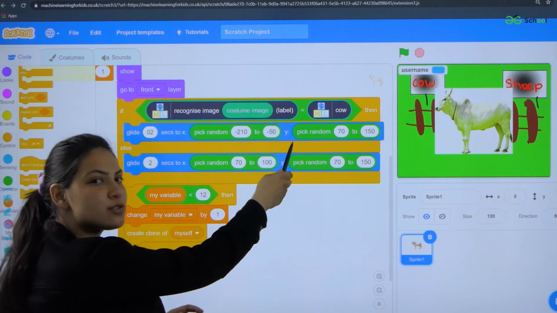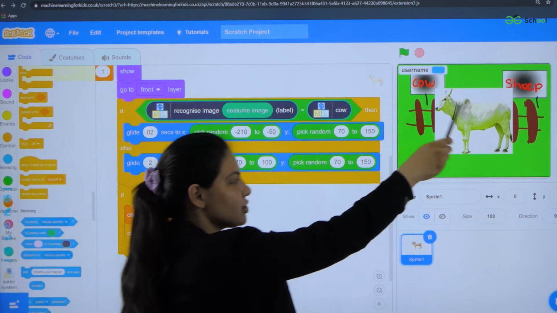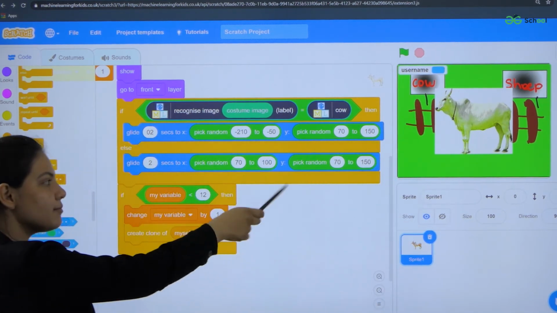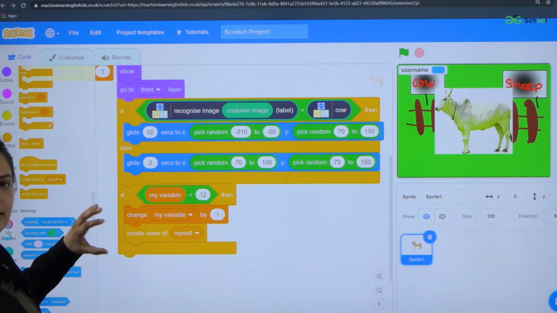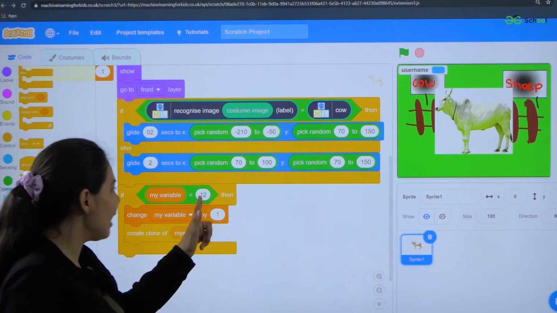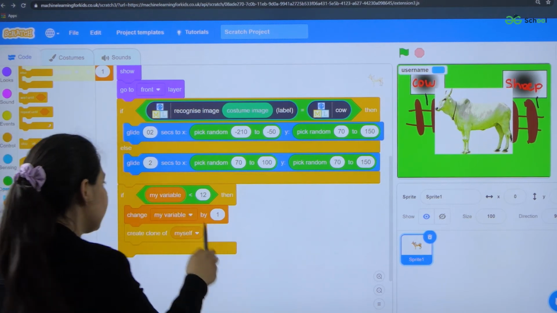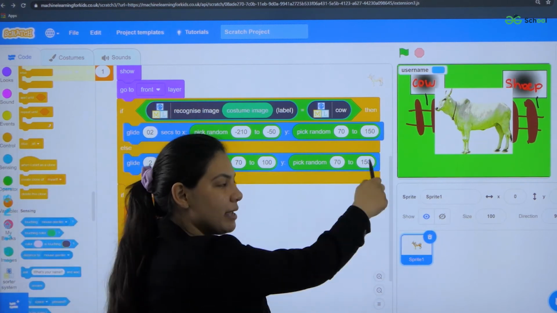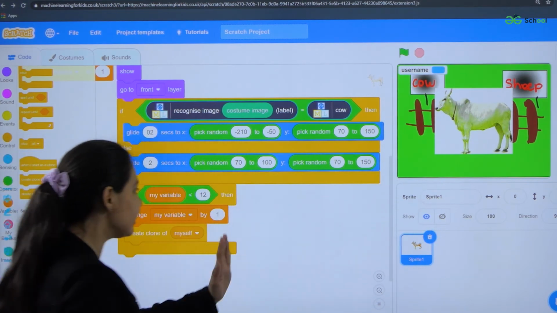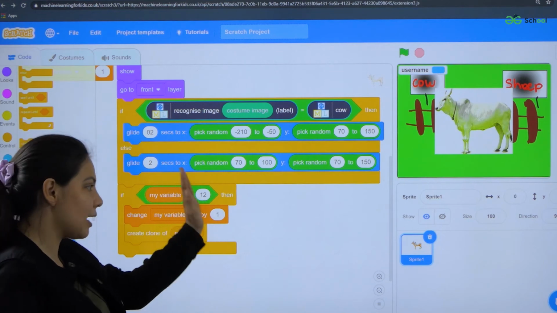If the condition is false, it will glide the image to the right side with some random coordinate. Again I have used the if block. It states that if my variable is less than 12, it will change my variable by 1, so images will keep coming until the images range is completed.